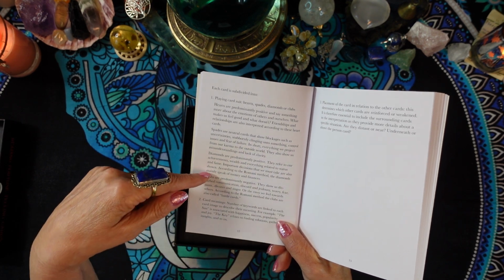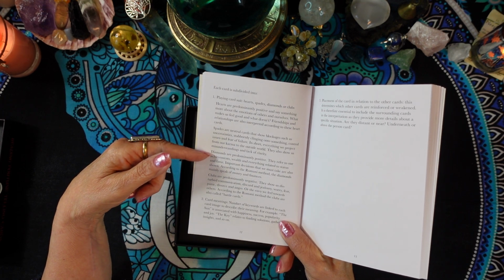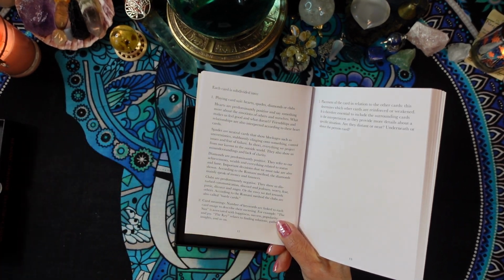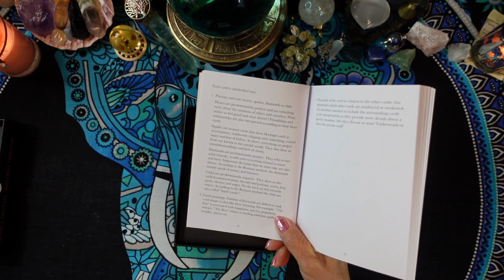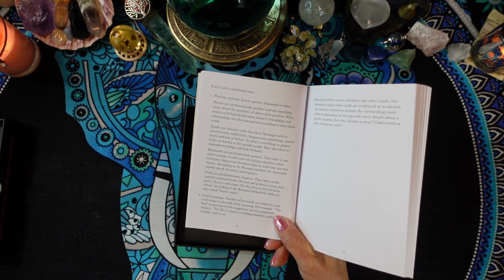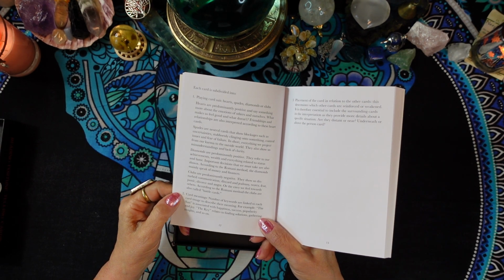The diamonds, according to the Romani method, mainly speak of money and finances, so that would be like pentacles. And then clubs are predominantly negative. They show us disturbed communication, discord and jealousy, worry, fear, panic, divorce, and anger. According to the Romani method, the clubs are called battle cards. All right, and then